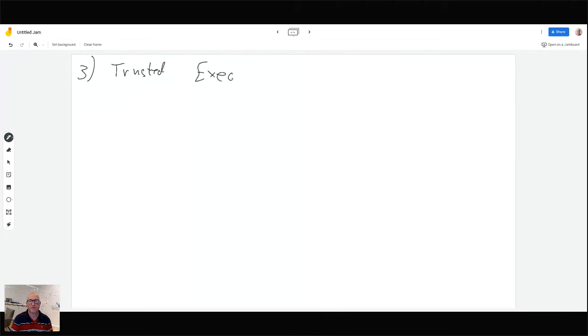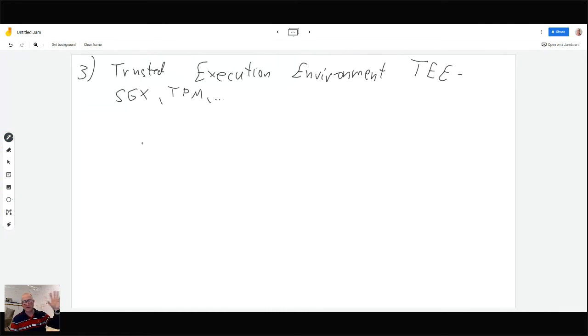So trusted execution environment, or sometimes called TEE. And here you can think of things like most recently SGX, which is a piece of hardware by Intel. Previous to that, we had various trusted platform modules, TPMs, and probably a bunch of other things. So here the assumption is that, just like we had this ideal functionality that I called by other names previously, we sort of completely trust it to operate only as the program dictates.